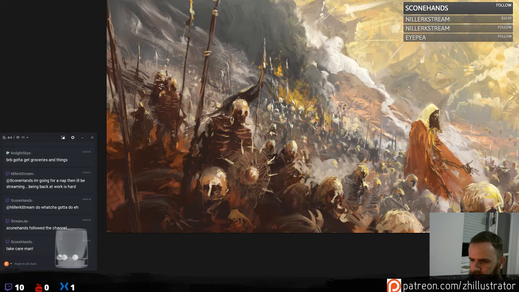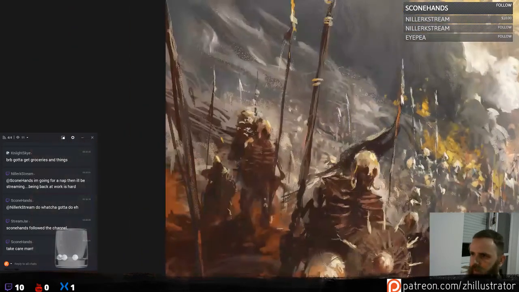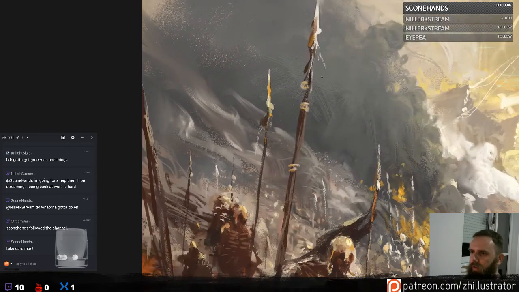Let's first just get a few ropes on this shield, and now let's make just little skulls on this spear, because you know we have to have skulls on spears. It's super obligatory.